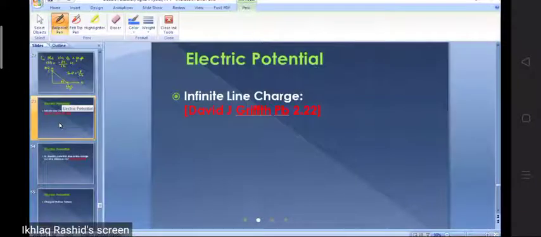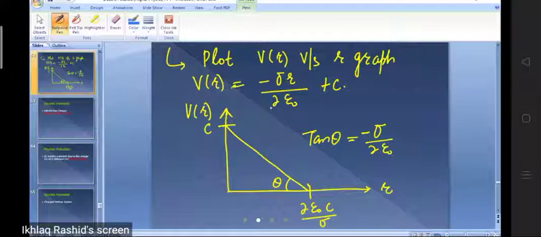Because of the infinite line charge, okay? And at the end of the day, you'll have to memorize the final equation, okay? So that's like this: minus sigma r divided by 2 epsilon naught plus c. Once you calculate the negative gradient, this minus is going to cancel, and the differentiation of r is simply equal to 1 and the differentiation of a constant is equal to 0. So it will become sigma divided by 2 epsilon naught, which is the electrostatic field due to